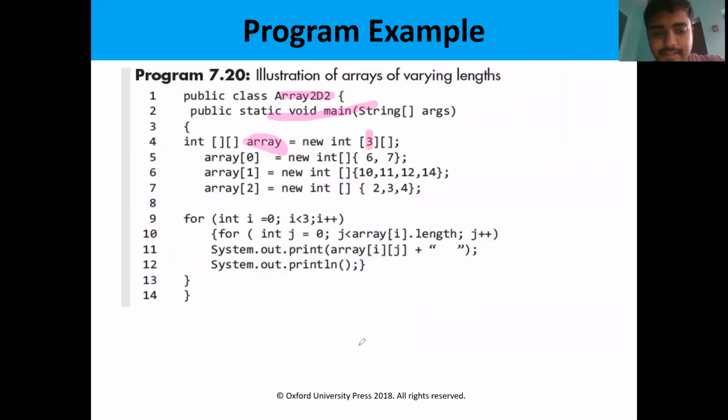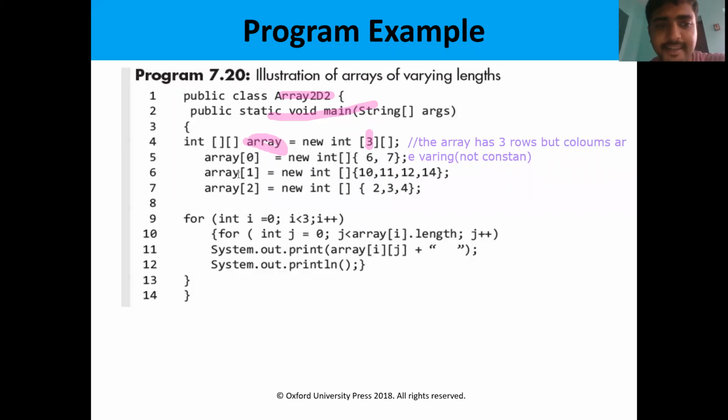The meaning of this line is, the array has 3 rows, but the columns are varying, that means not constant. So here we are telling that it has 3 rows, but we are not saying exactly the column values.